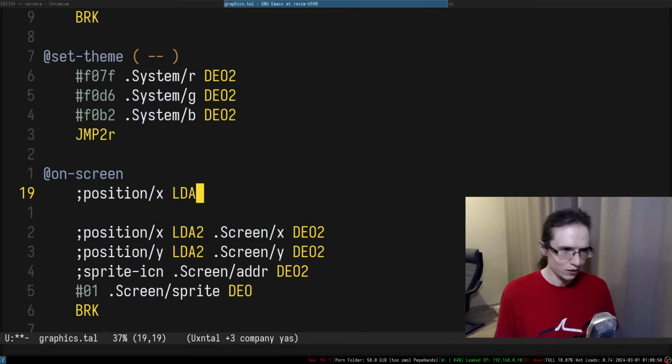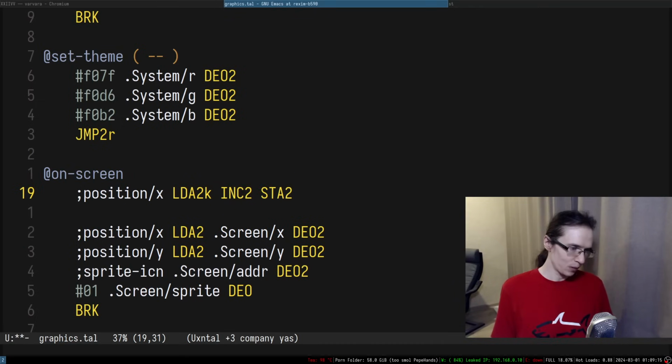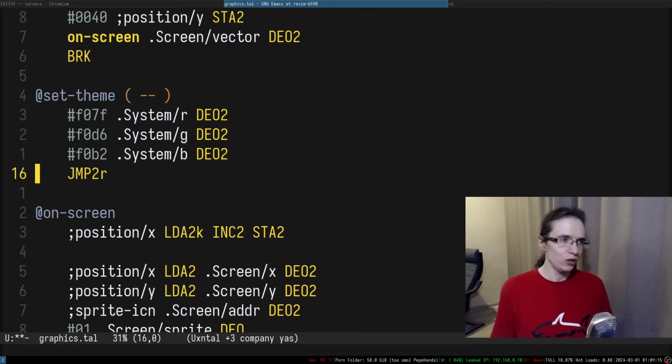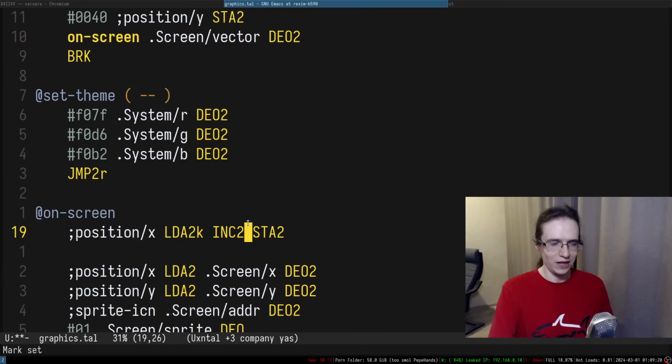So first thing we can do, we can load it up. Then we can basically maybe add one to it, right? So yeah, we can do inc2. But here's an interesting thing. We can do that non-destructively, so we can load it up, we can increment that, but we can't really store that easily back, because when you're storing, this has to be the first address. I wonder if you can do like a swap to. Is there something like a swap to? Probably not. So in that case, maybe I'm just going to do it like that.